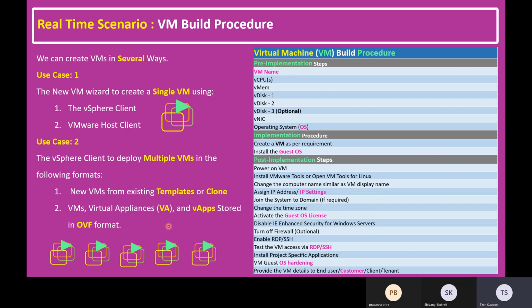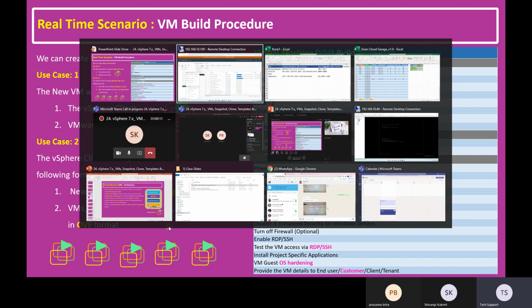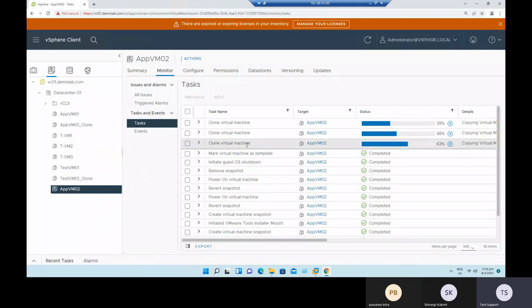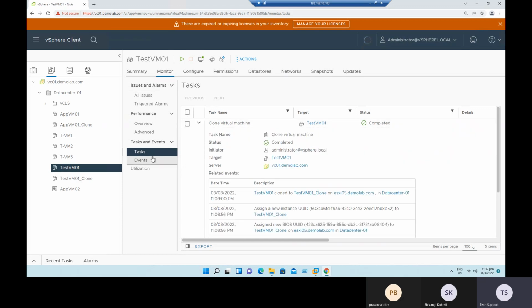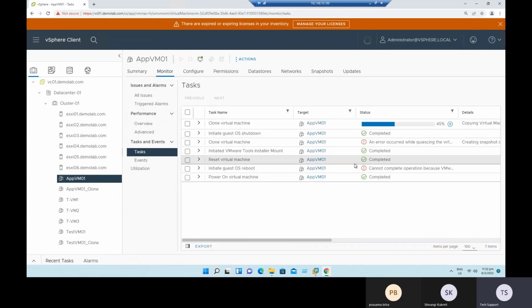Let me quickly open our vCenter and see what the status is. The temp clones are deploying the VMs from the template, still taking some more time. In the same way, let's see the clone. Here it is showing as completed, but actually it's taking some more time. Yes, 45%, it is moving. It may take some time. So in the meantime, let me open our